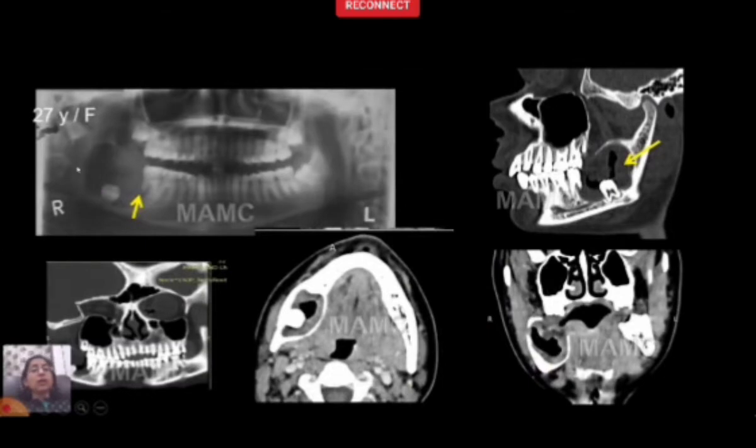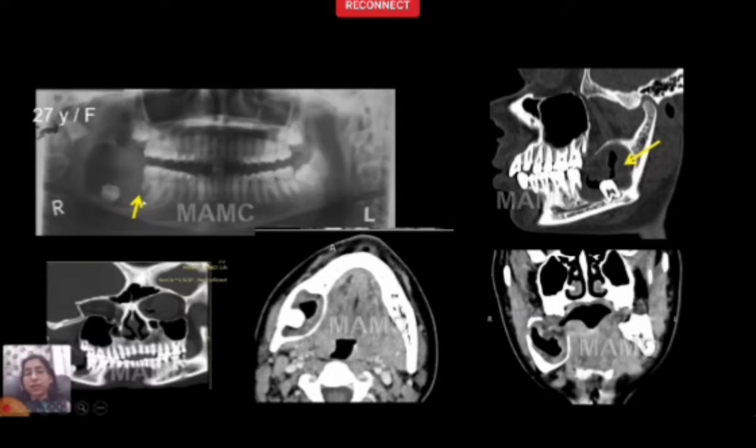Here was another case, a 27-year-old girl, a unilocular cyst, impacted tooth within. Looked like a dentigerous cyst, certainly, but what caught my attention was this minor tooth root erosion. Now, this can be present with large dentigerous cysts. Of course, it doesn't rule it out, but with a cyst of this size and this root erosion, it needs to ring a bell that it may be something more aggressive than a dentigerous cyst,